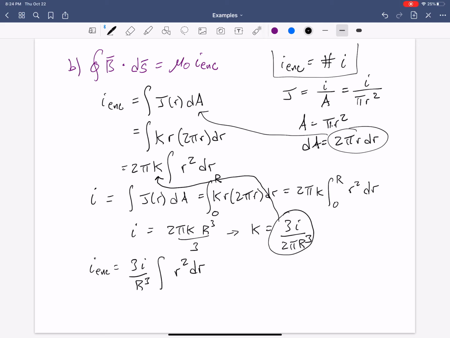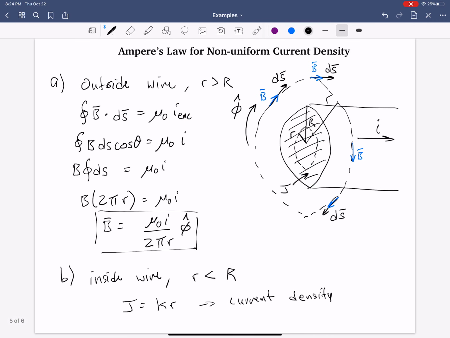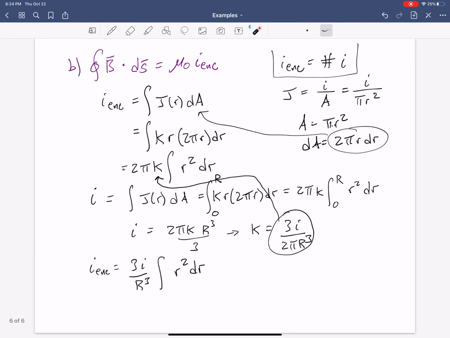And as far as I enclosed goes, we're integrating from 0, well, to lowercase r, to the radius of our Amperian loop. And again, don't tell your math teachers there should be primes by these or whatever to differentiate the r's, but I trust that you can follow along. So 3I over capital R cubed, integrating that gives us lowercase r cubed divided by 3. The 3's go away, and,